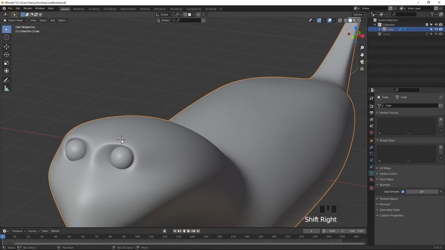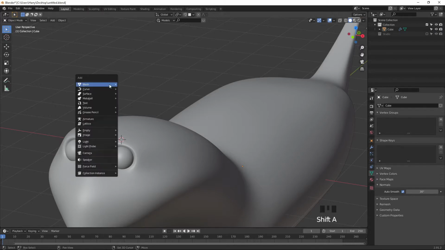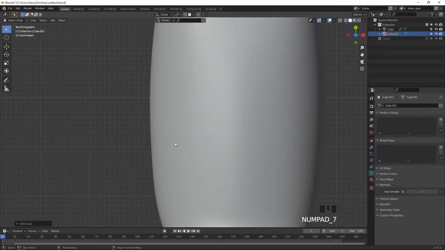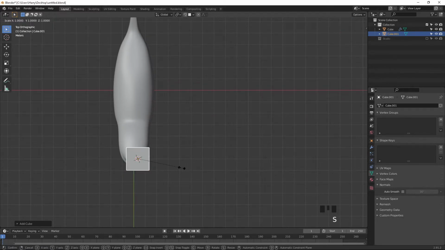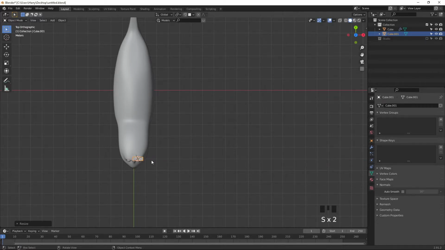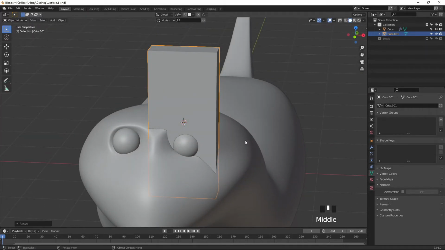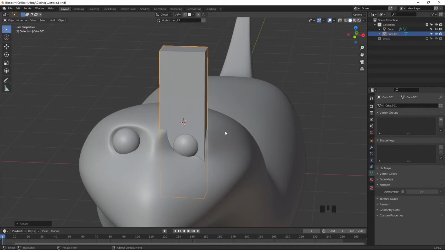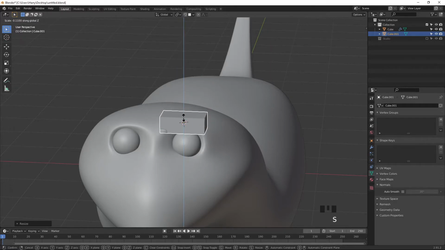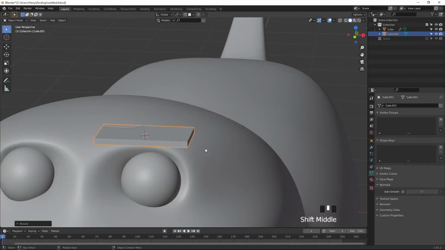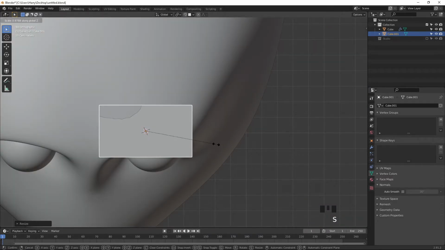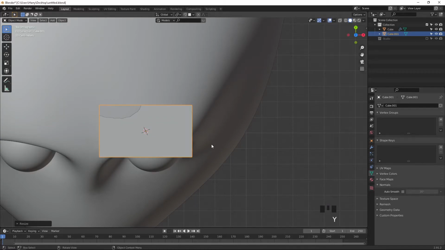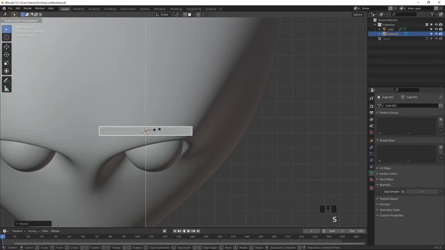Press Shift right click and unselect everything, press Shift A and create a cube, press 7 on the keyboard and scale it in y axis and x axis, press period key to come down, scale it in x axis, this one is going to be okay, scale it in z axis, more tightly down and press 7 on the keyboard, scale y axis using the y key.